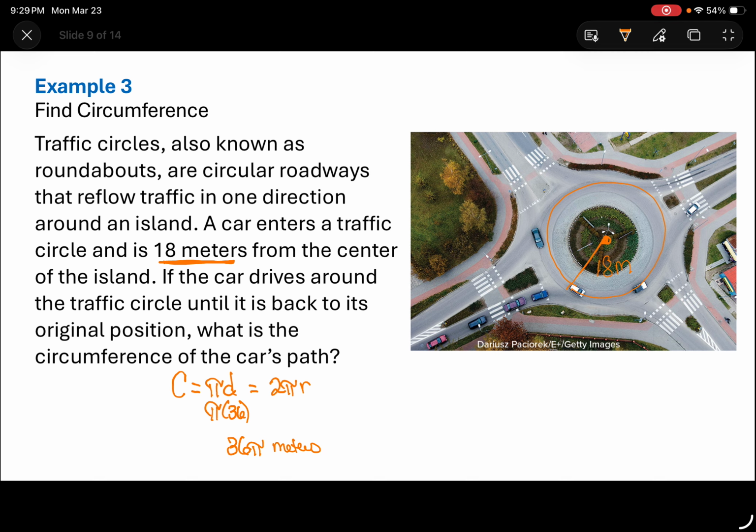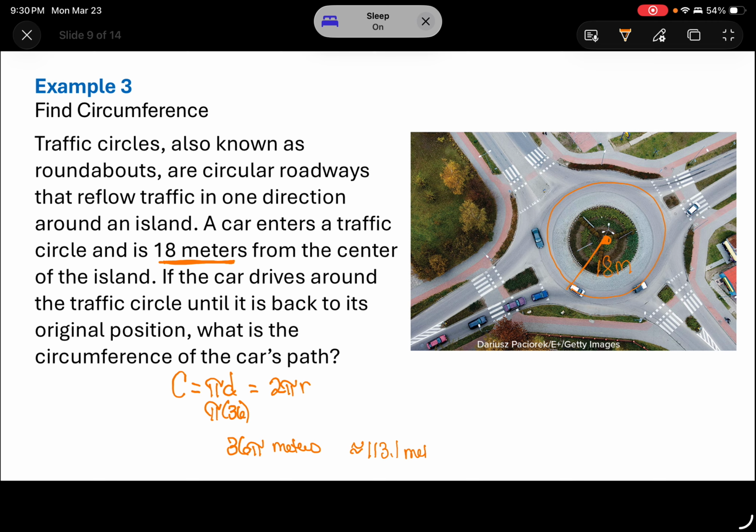Now is a good time to grab a calculator and find your pi button. And when you take 36 times pi on your calculator, I apologize, I don't have a scientific calculator to show you, we will get a decimal. So you want to use your pi button as opposed to the number 3.14 to get a more accurate representation. And so if we type 36 times pi in our calculator, we get 113.097, so about 113.1